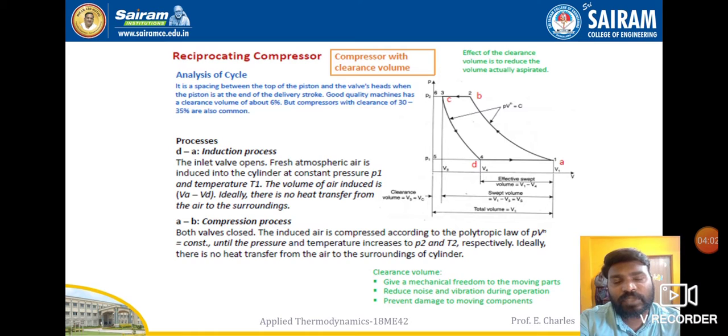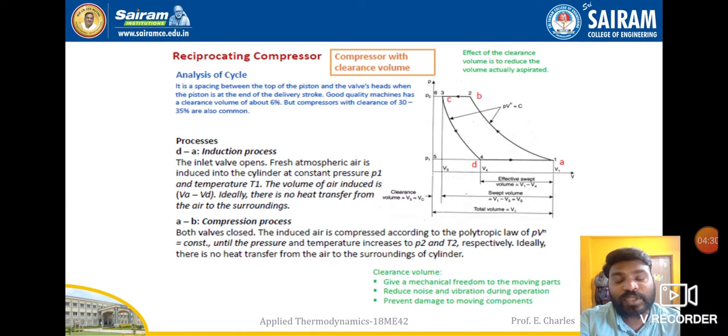At the same time, inlet valves and exhaust valves both will be there, so the piston should not hit both the valves. To avoid breakage or damage of those inlet and exhaust valves, this clearance volume is provided, so that in that space the air is compressed, and that compressed air will move out to the desired location through the delivery valve. So that space is nothing but clearance volume.